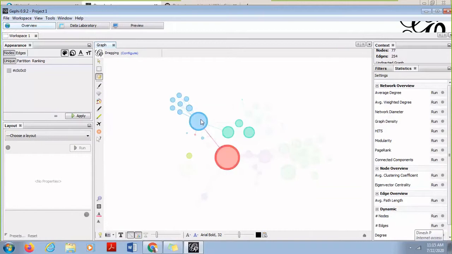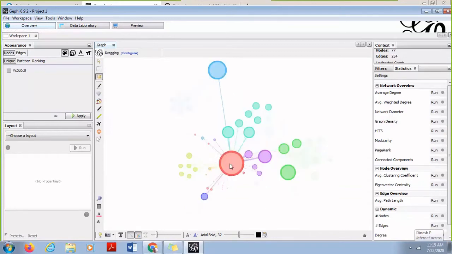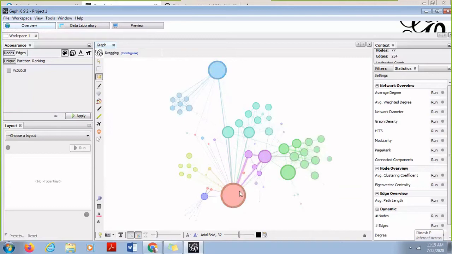So if I want to drag this node, I will be able to drag this. This helps you when you have to visualize a network in a proper manner. Sometimes, by doing this, I'm able to see to how many other nodes this center node is being connected, or to how many different paths this center node is being connected. So this is one option which you have.